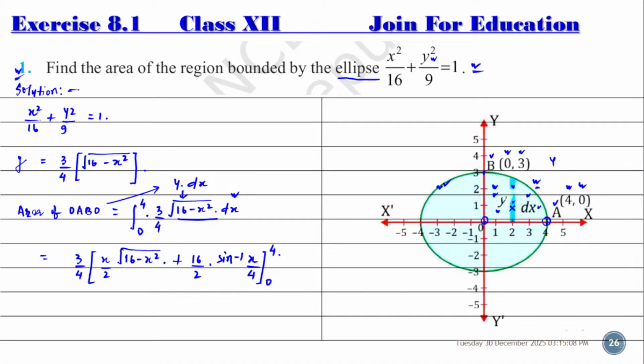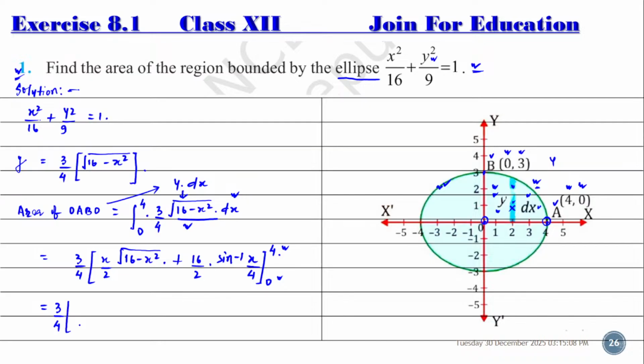So this is the integration, x by 2 into root of a square minus x square plus a square by 2 into sine inverse x by a, from 0 to 4. When we apply the limits, then we get here